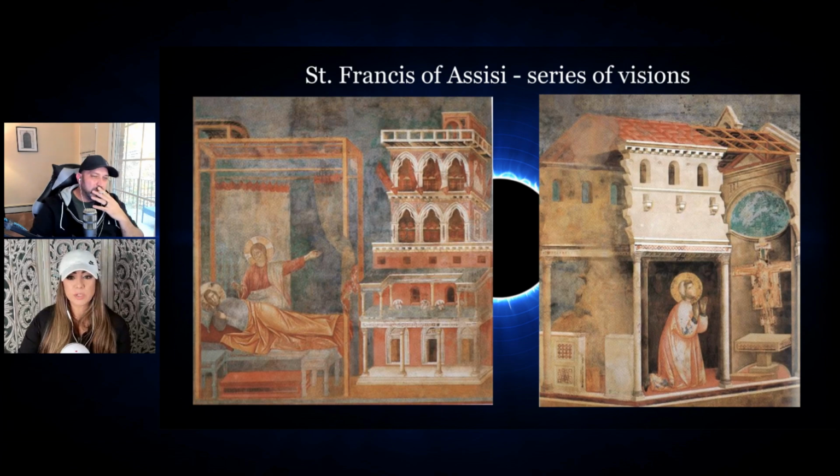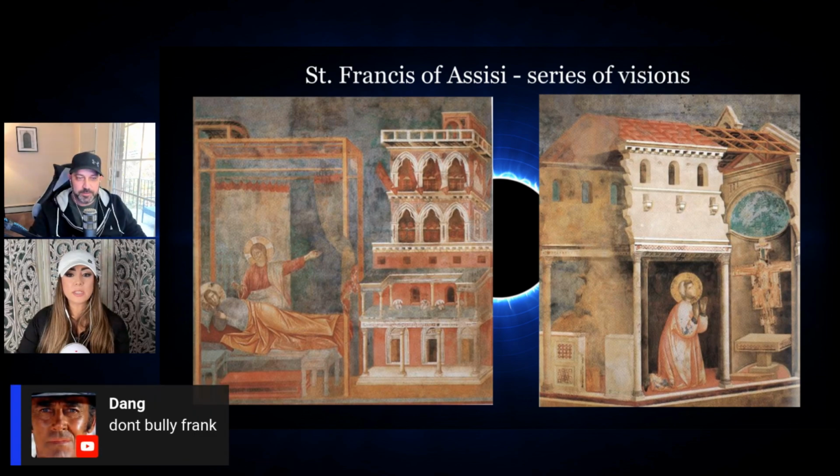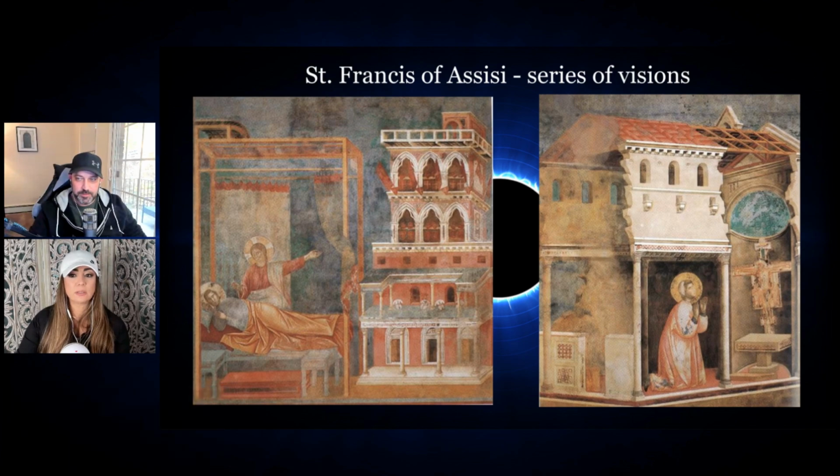He joined the military expedition against Perugia, but was taken prisoner at Collestrada. He spent a year captive and sick, causing him to reevaluate his life. However, upon his return to Assisi, Francis resumed his carefree life a year later. Then at the age of 24, in 1205, Francis left for Apulia to enlist in the army of Walter III,